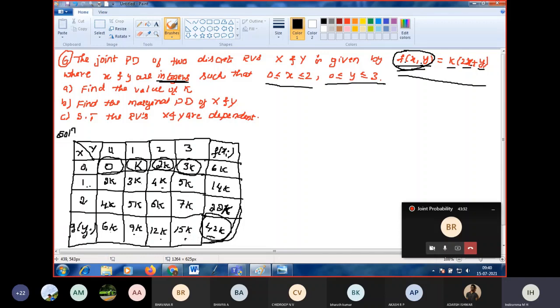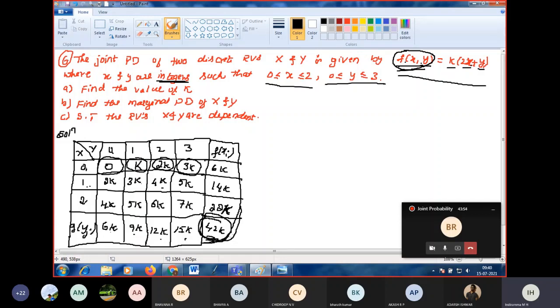Is it 42k? Yes, 42k. So now, since it is a joint probability distribution, the sum of the marginal values should be equal to